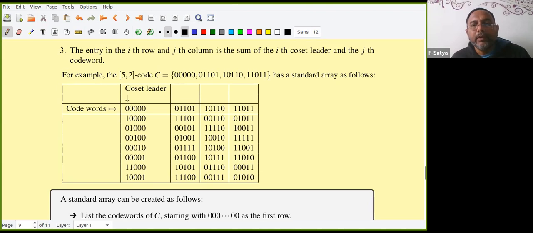So this is a code. These are the code words in the first row. Now I took a vector which is not here, right? Here I'll ask one question to see if you understand. This is weight 1, it is also weight 1, this is also weight 1. Why are we getting weight 1s? All weight 1s are coset leaders. Why?